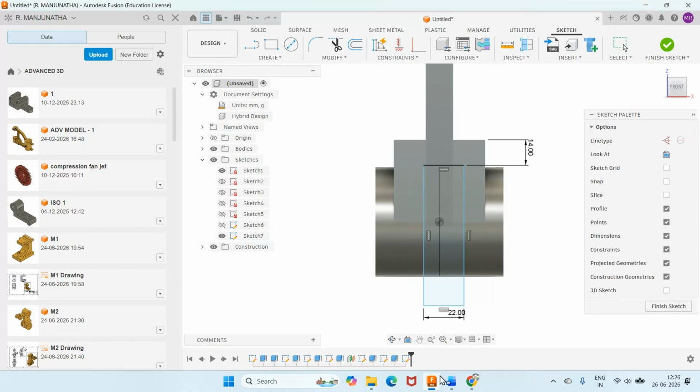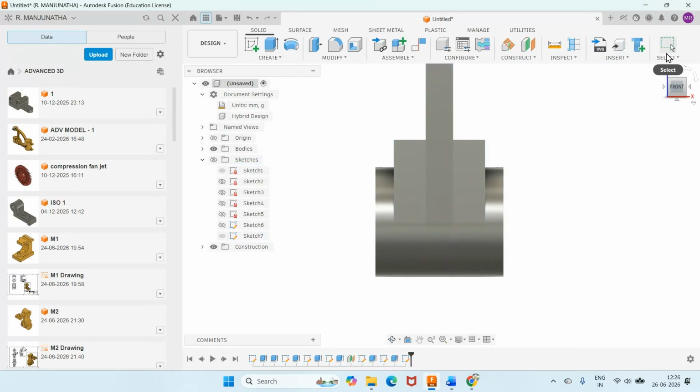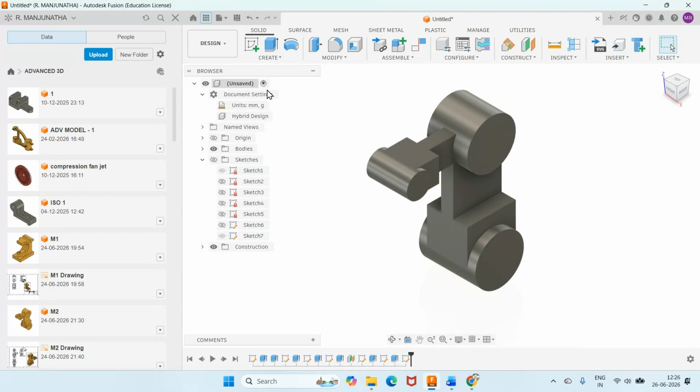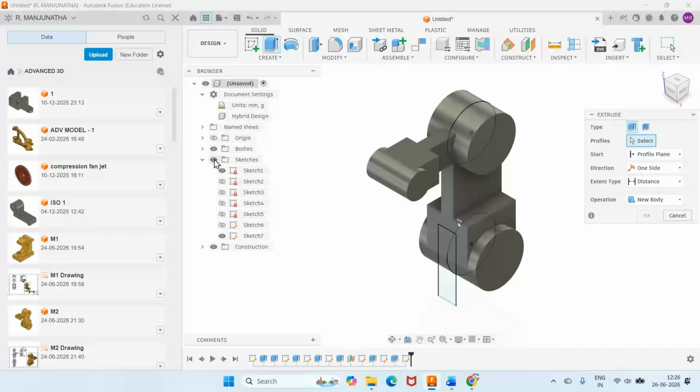Then from one side you take 14. Dimension from this point to this point is 14. Okay. And now this is also 14. So now I'll go for checking this dimension to this dimension should be 14. Yeah. Then I'll go for a finish sketch and go to 3D and then go to extrude, enable sketch, and